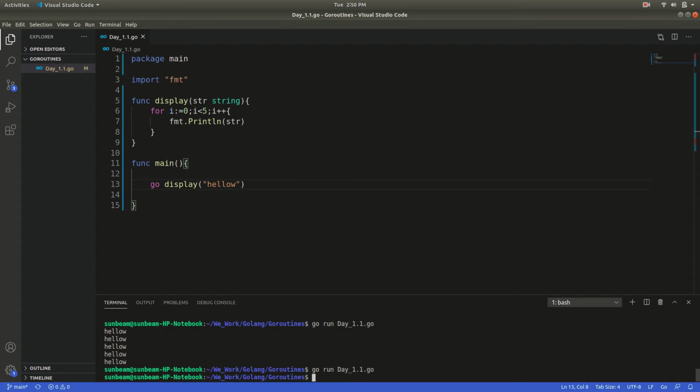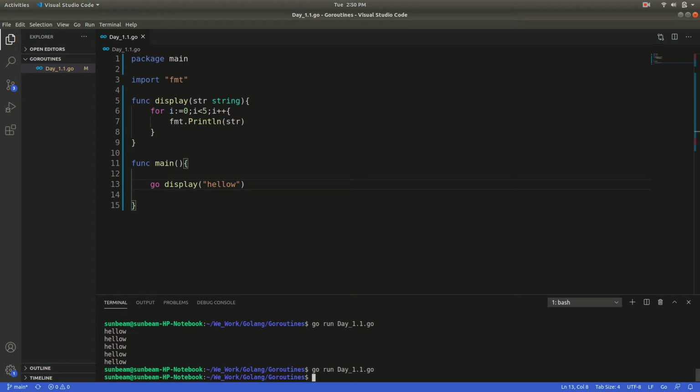See, when we call go display, the other one is a normal function, and good, but there is a problem. It only displays the result of the normal function when we run the program, but does not display the result of the goroutine, because when a new goroutine is executed, the goroutine call returns immediately. The control does not wait for the goroutine to complete its execution. Just like a normal function, it always moves forward to the next line after the goroutine call.